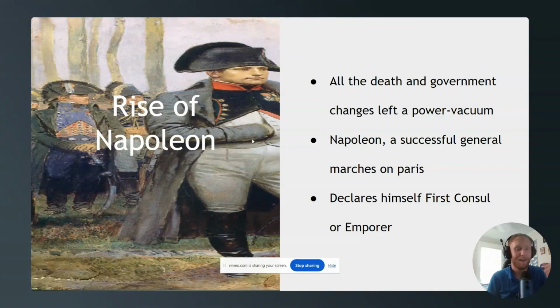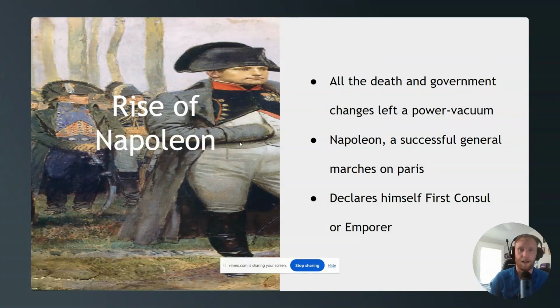But that is Napoleon. During all this bloodshed, Robespierre is dead. All these different crazy things are going on. France is in turmoil, and this strong leader, very nationalistic leader, marches into Paris and just takes power. He marches in with his soldiers, and he's like, is anyone going to tell me not to? And ironically, one person slapped him across the face, and he still took power, which is kind of a funny thing. He declares himself the first consul, or the emperor of Paris, and then he continues on warring throughout Europe, and he basically controls all of Europe from France to Russia, and goes through Moscow.